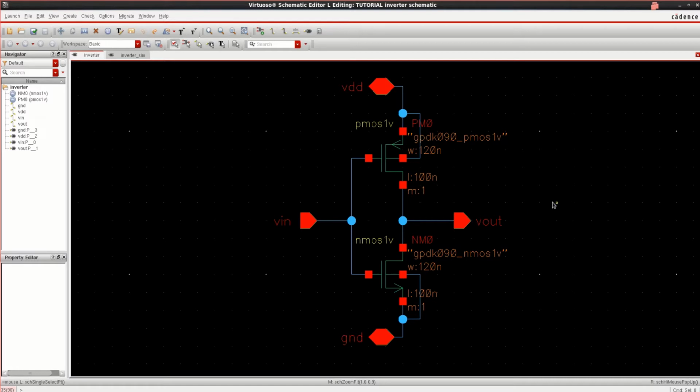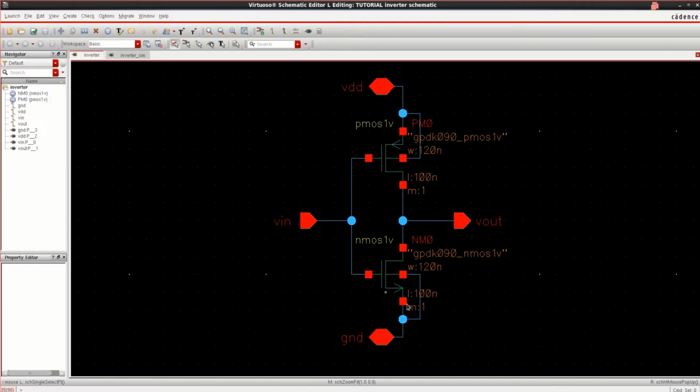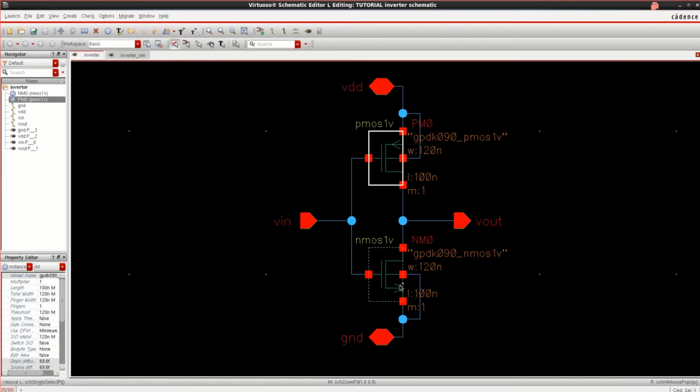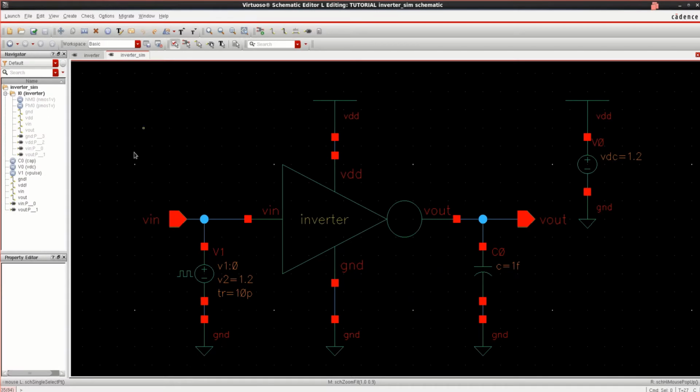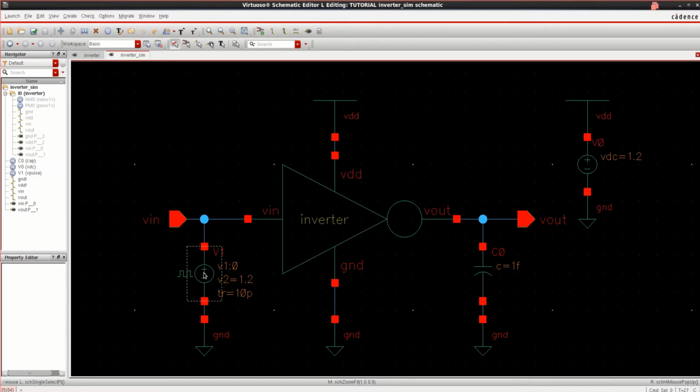This video is about simulation of a circuit using ADE Analog Design Environment Excel. For the analysis, I have considered the CMOS inverter circuit with PMOS and NMOS connected together. This is the test bench setup for the inverter circuit. The DC voltage applied is 1.2, which acts as a VDD, and the source input is a pulse.